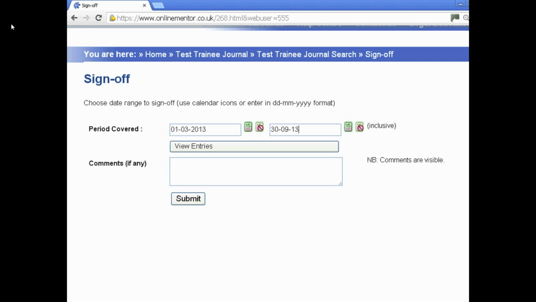Now this will depend entirely upon how the firm wants to take it. It could be that it's a monthly sign-off, for example, so every month the supervisor logs on, identifies the month in question and signs it off. Or it could be mid-seat and then end of seat. Or in this example, we've given the example of a supervisor signing off on a complete 6-month seat's worth